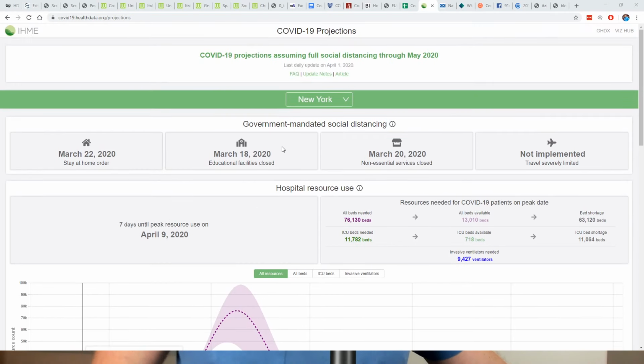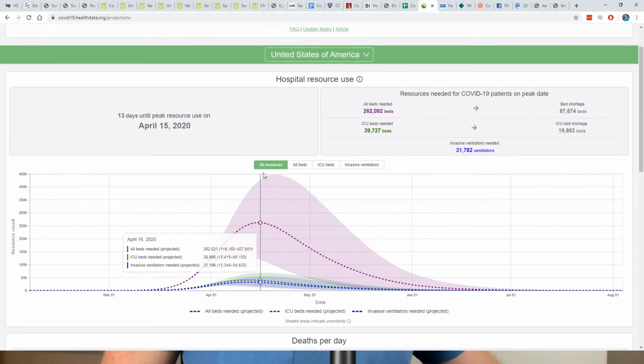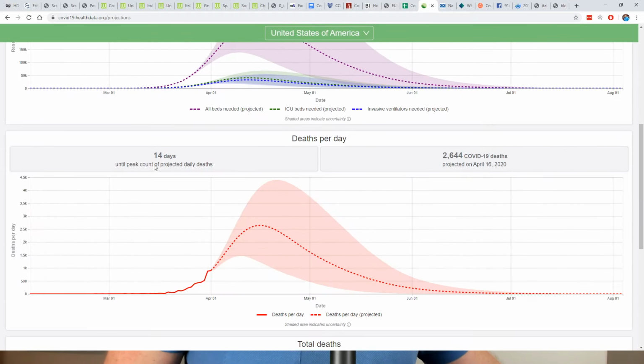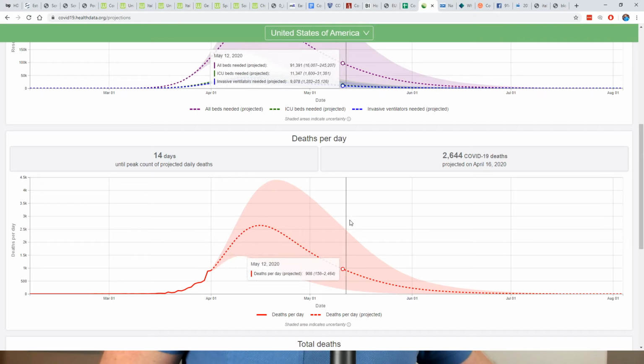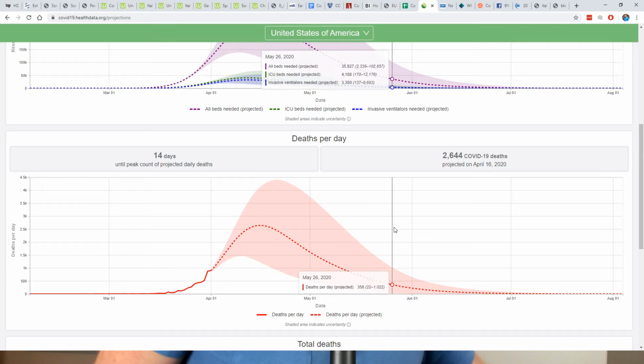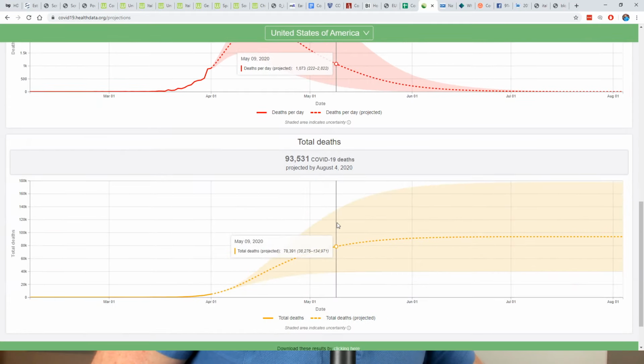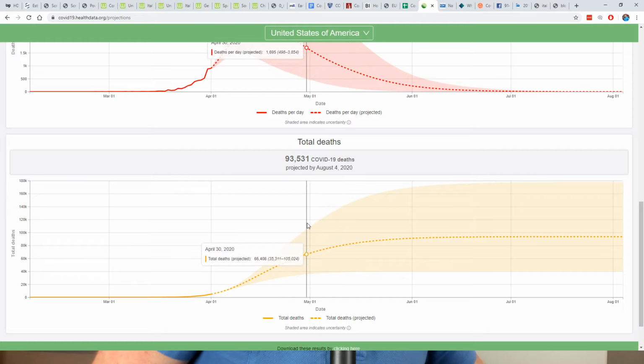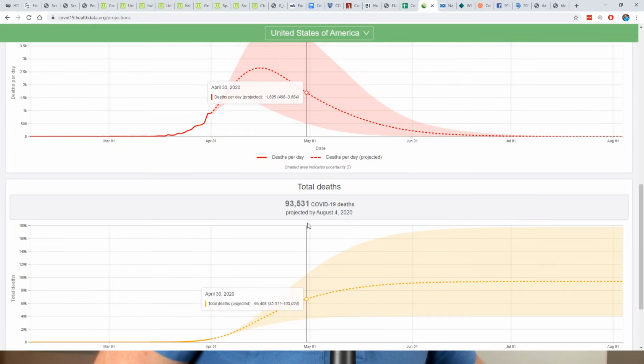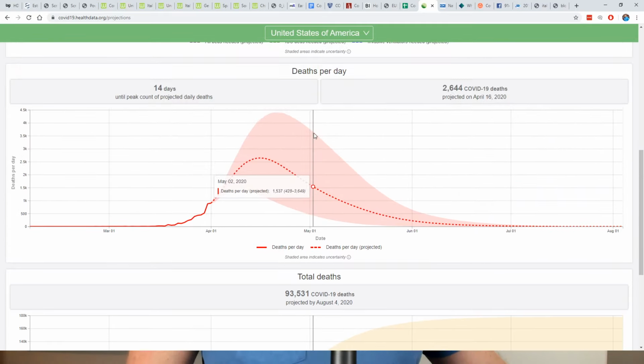And then let's go United States again. Okay, United States. And then they're going to be 14 days. So that's going to be April 16th, and that's going to be projected right there. Hope that makes sense. And then he is projecting out, I think, a total of, so you can see here, total deaths, he's projecting out May 1st. He's projecting out 68,000, 66,000 on May 1st. So we'll see how he does on the total deaths.